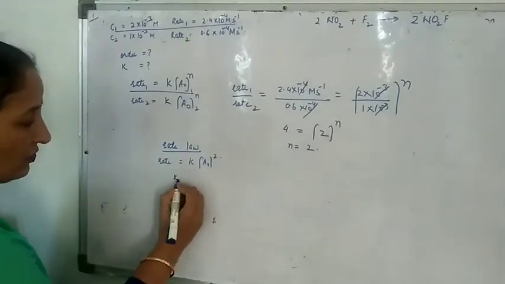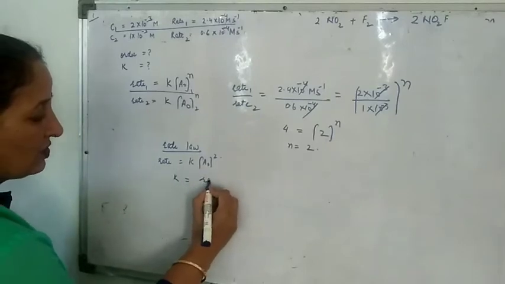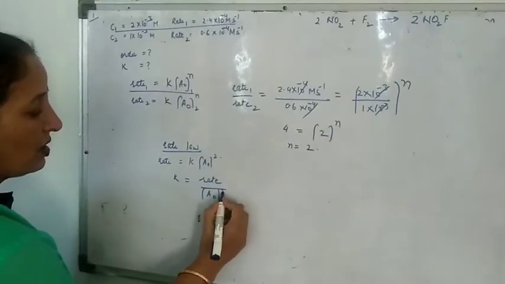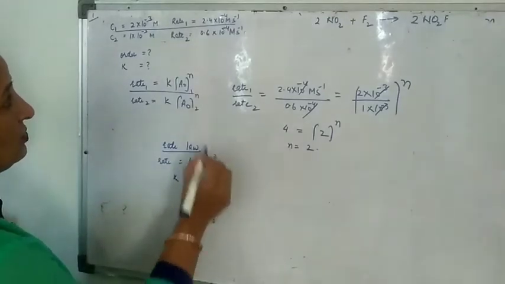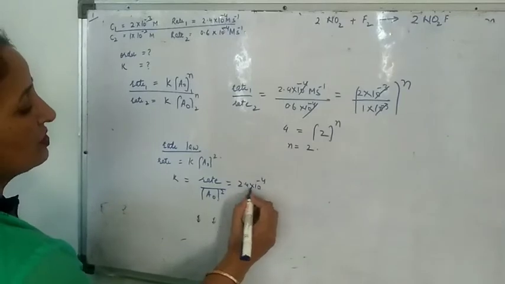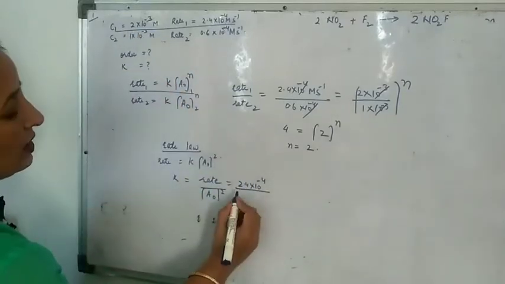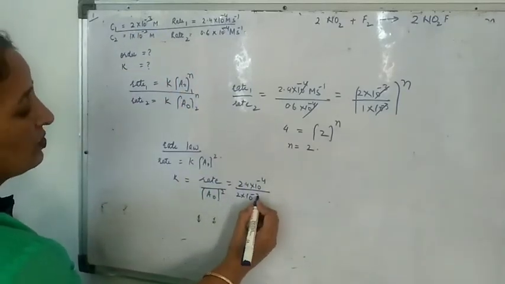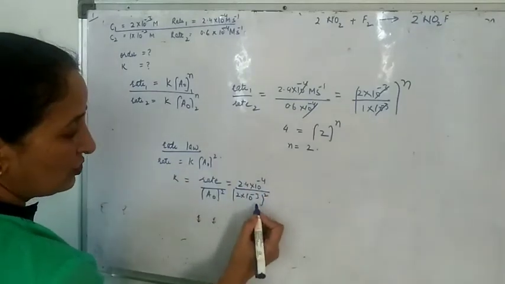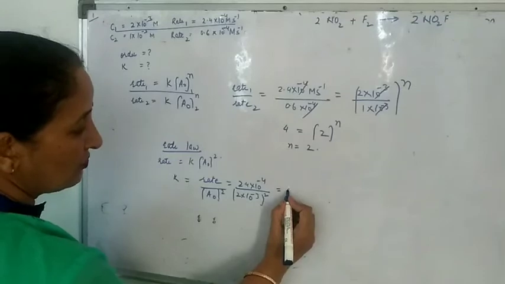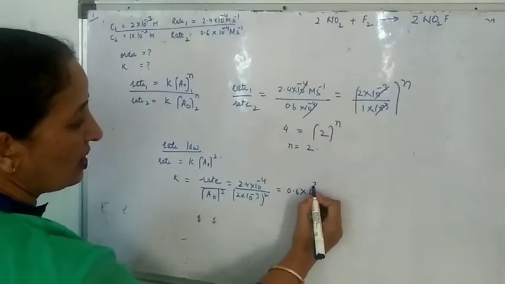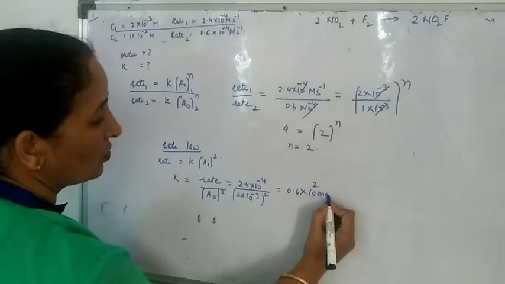To find out the value of K, K will be rate upon A naught raised to power 2, which is equal to 2.4 into 10 raised to power minus 4 upon square of 2 into 10 raised to power minus 3, which is 4 into 10 raised to minus 6. This comes out to be 0.6 into 10 raised to power 2 mole